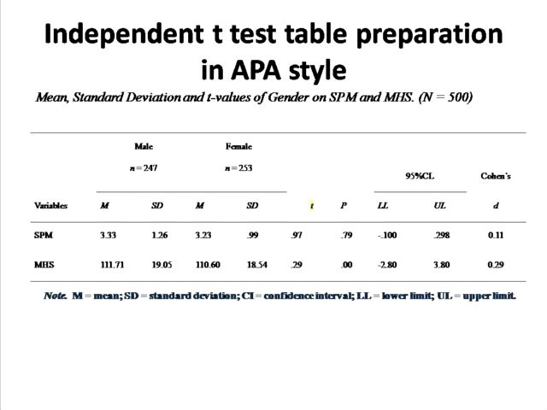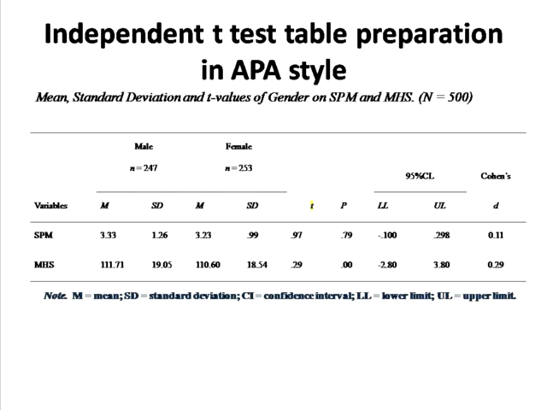We use the APA independent t-test when we have to compare the means of two samples of a group, such as male and female gender, where there is a different number of participants in both groups, represented in a table with confidence interval, mean, and SD. There are two groups and two variables: SPM, the Simple Progressive Matrix test, and MHS, Mental Health Status.